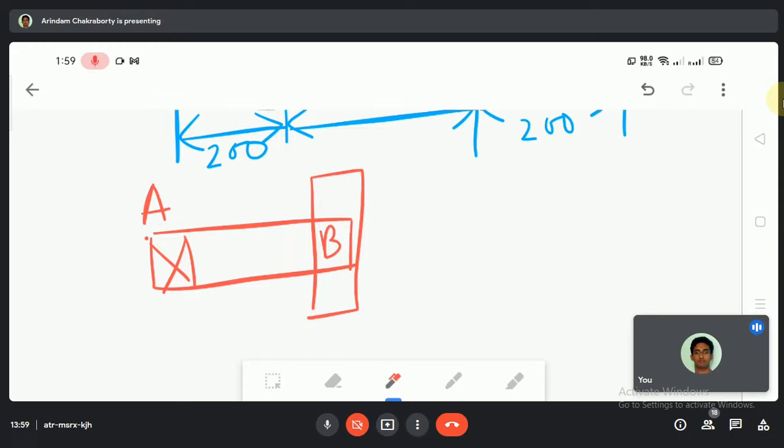So what happens is that A and B. Since we are considering B, our main point should be at B, because the pulley is something which is making the shaft rotate. Pulley is something which is making everything rotate. So in pulley B, what we can do is consider the moment.